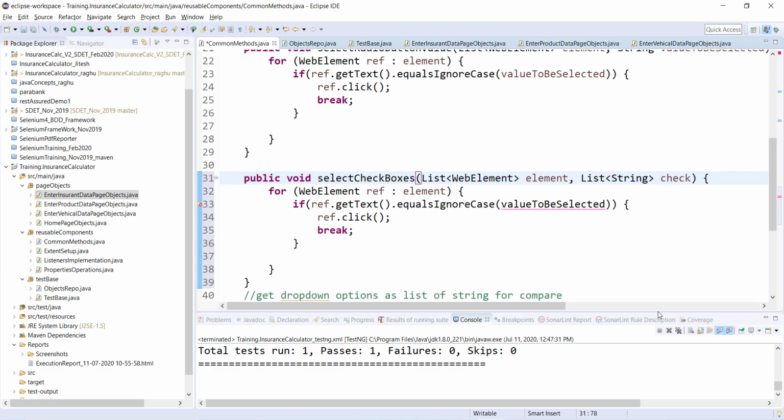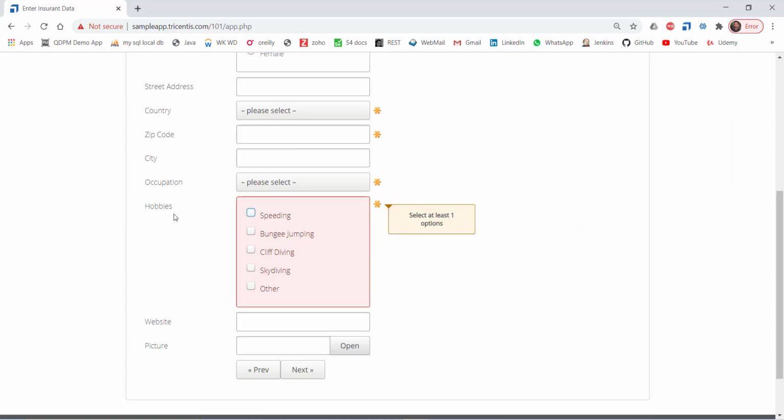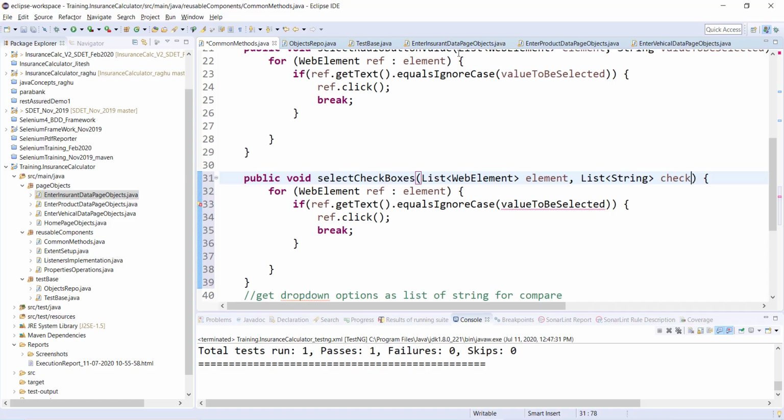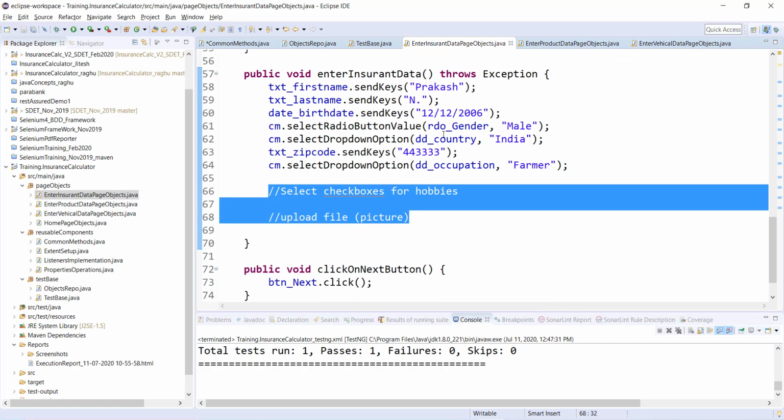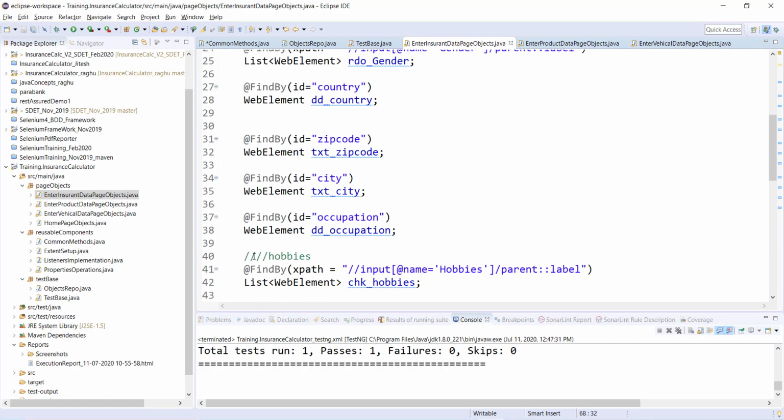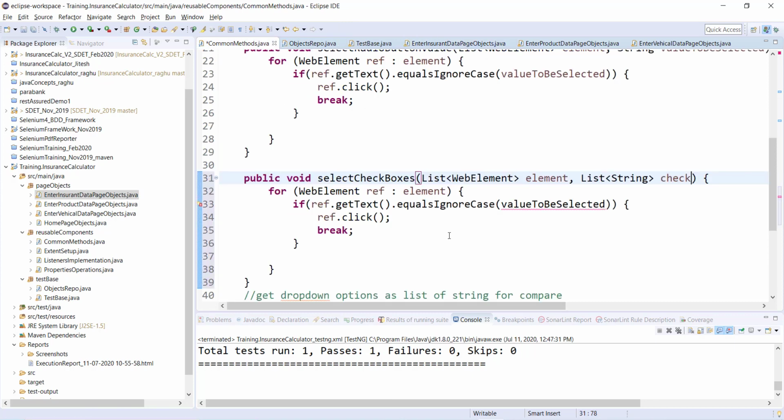So now what I'm assuming is the first thing is I have a list of web element that I'm getting. If you go to the fill insurance data page, you can already see that for hobbies we created one list of web element. If you remember from one of the videos, we created this. So we are going to pass this list of web element as our first parameter.